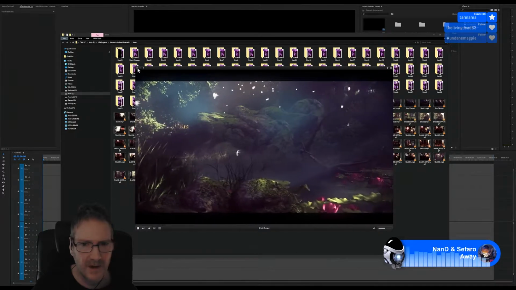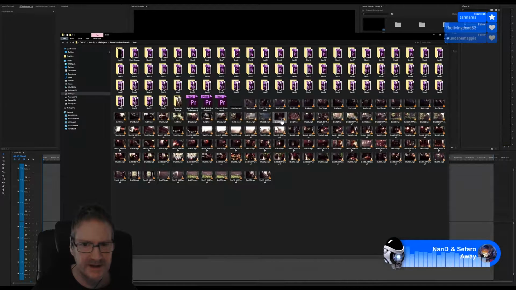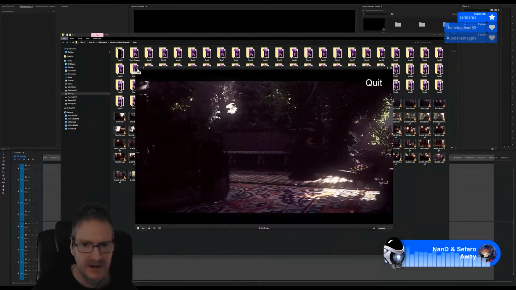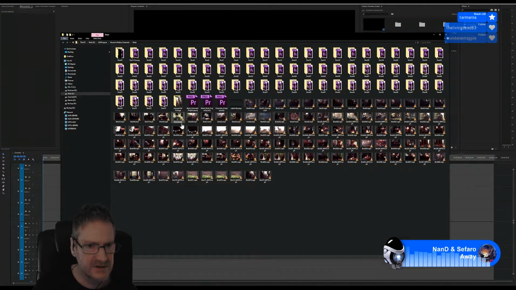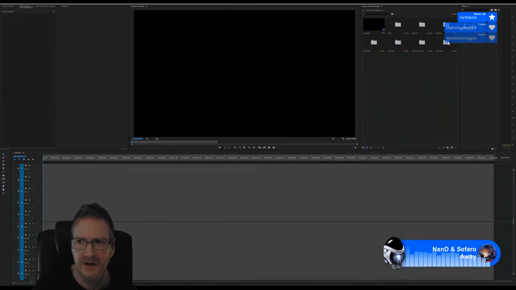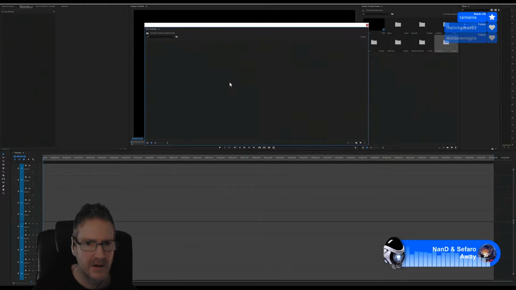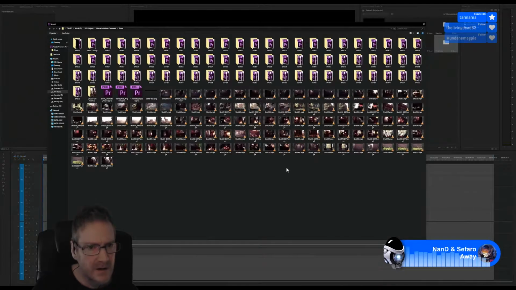Yep. 26 is the terrace again, so we're going to go from shot 22 to 25, and then we'll come back into the terrace. So shot 22, 23, 24, 25 are the pond.